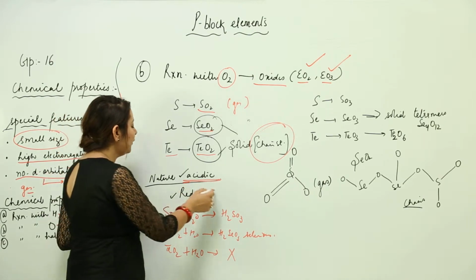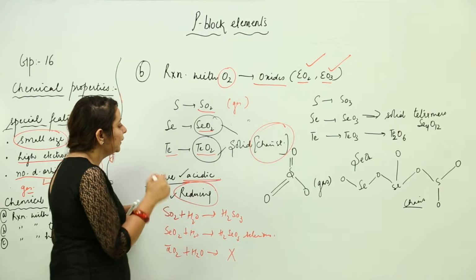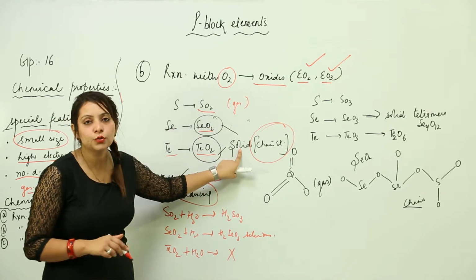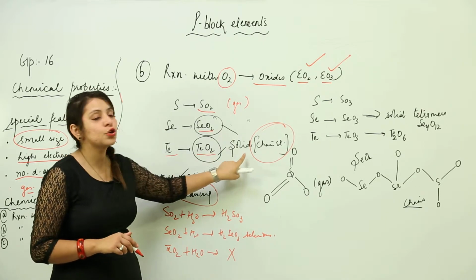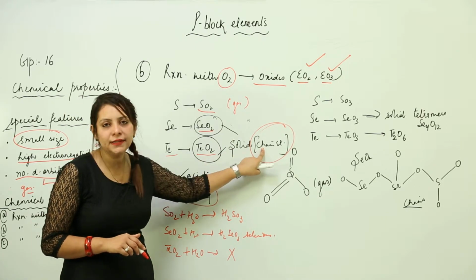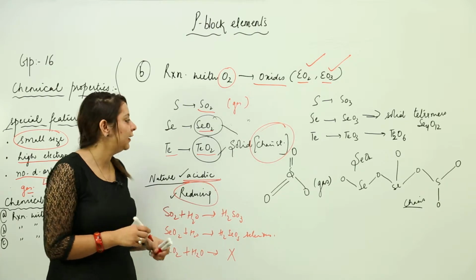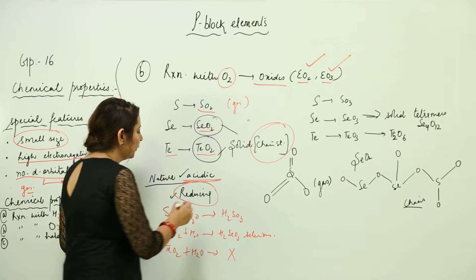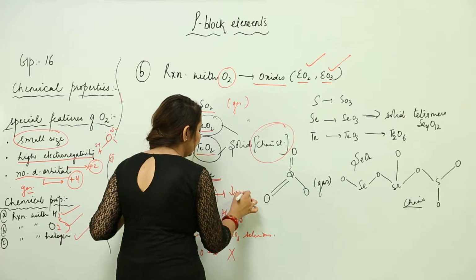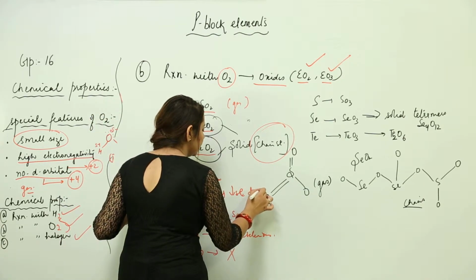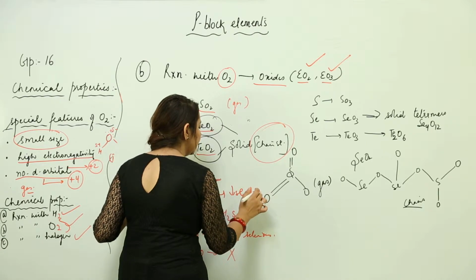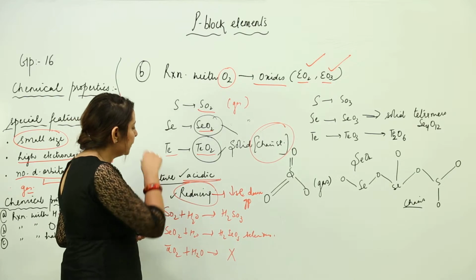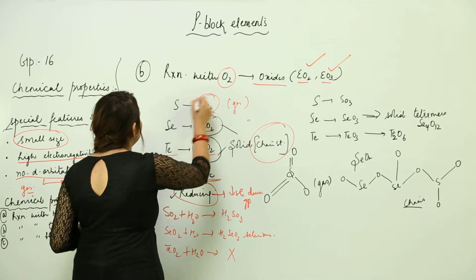If we talk about the reducing character, as we move down, we have seen that the state is changing from gas to solid. That means they have a strong force of attraction, the reason being the chain structure. So the reducing character is decreasing down the group. Similarly, if we talk about the geometry for SO2, we know that it is a bent